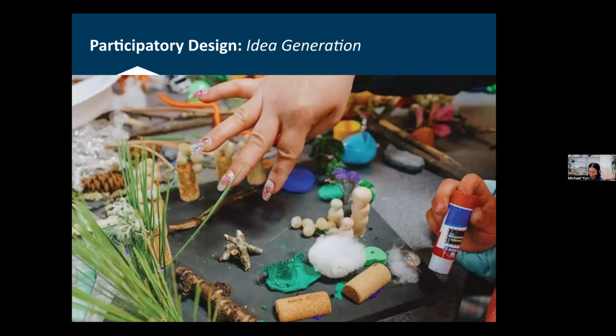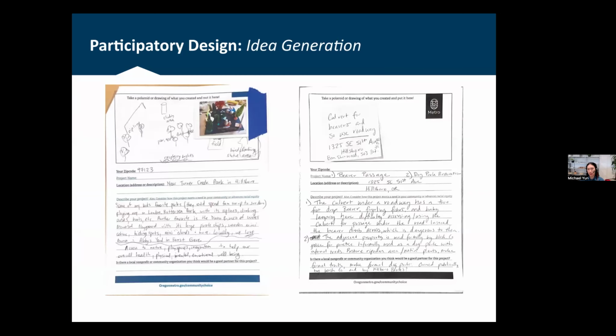Again, a focus on tactile materials was really essential to make sure people of all abilities were able to engage in this. And this is just an example of what some of those submitted idea forms actually looked like. As you can see on the left, when people developed models, we had a camera where we could print the images immediately, and we taped those onto the idea submission forms. Individuals would draw images and then narrate their own ideas. As you can see on the right, some of the ideas were just narrative. Some of them were accompanied by drawings that people had done outside of the workshops.